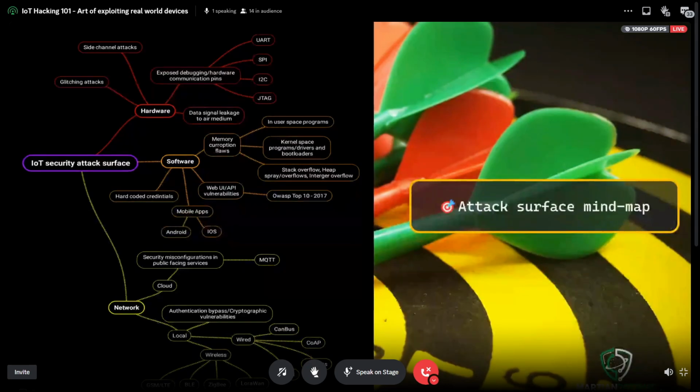You have typical OWASP web-related vulnerabilities as well, because these routers and IoT devices have two things in common. They have a mobile app, and they deal with the cloud, and they communicate with the cloud through APIs. One time I had this IoT pen test engagement where I found that their Android app was shipping with the credentials for a developer literally inside the APK file. They just ship it to the customer and don't even realize.